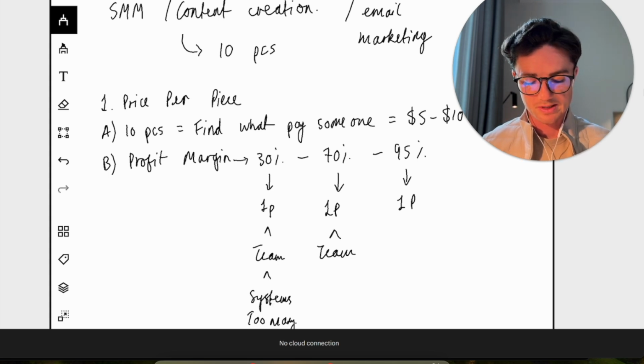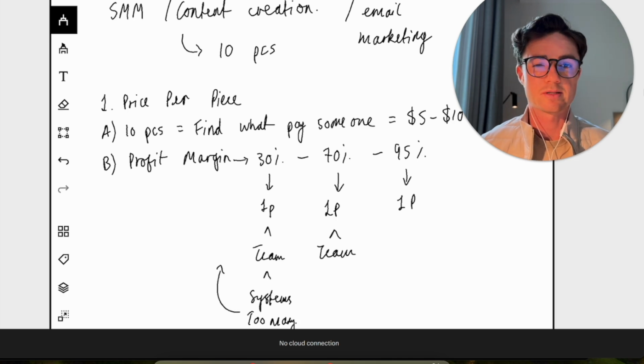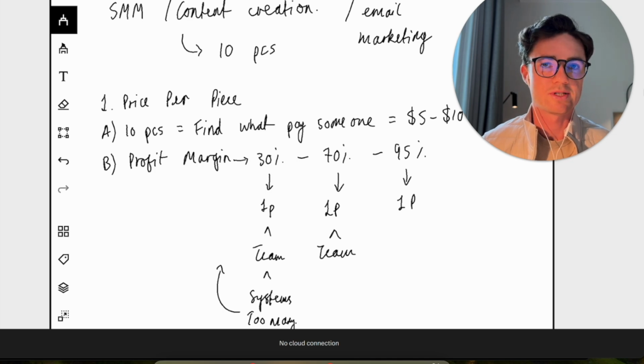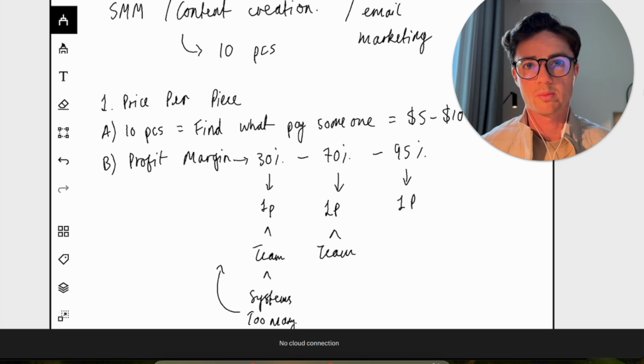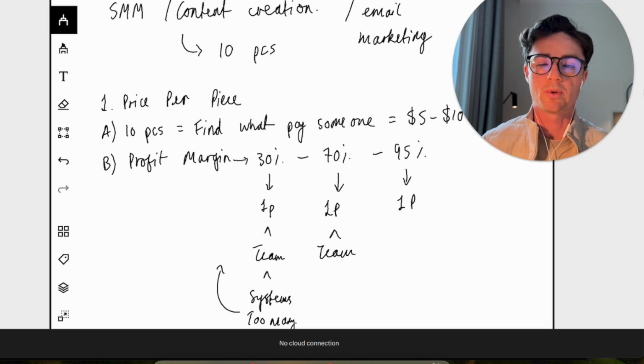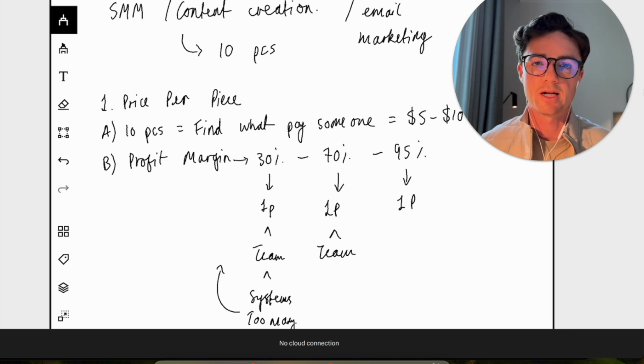I'm telling you this because this is a student I'm thinking of that I spoke to last week, and his problem was that he had probably about 20 softwares he was paying for in his agency, and his agency is doing less than $10,000 per month. If I was to start an agency again tomorrow, based on what I know now, I would probably only use 5 softwares, right? And I would keep them on really the lowest paying plans that I could until my profit margins were really in a nice place.